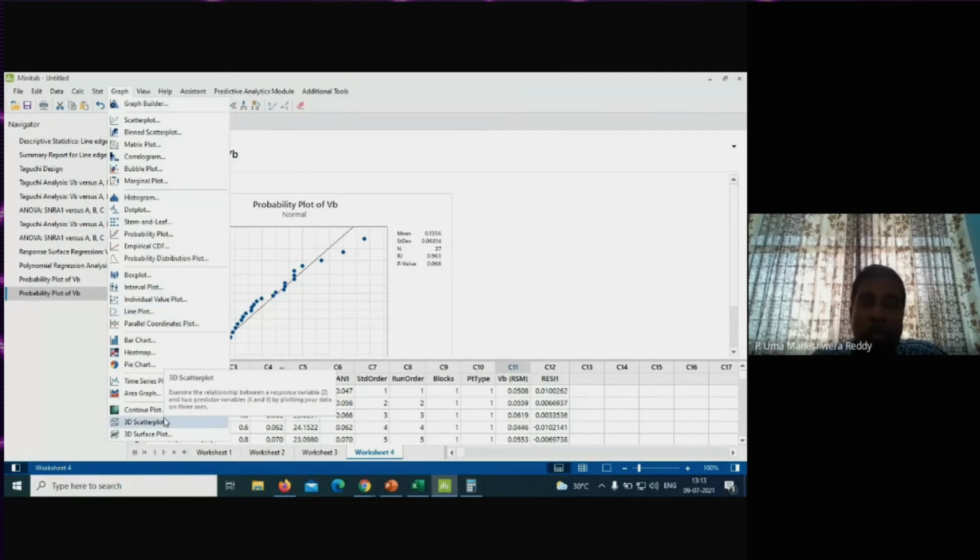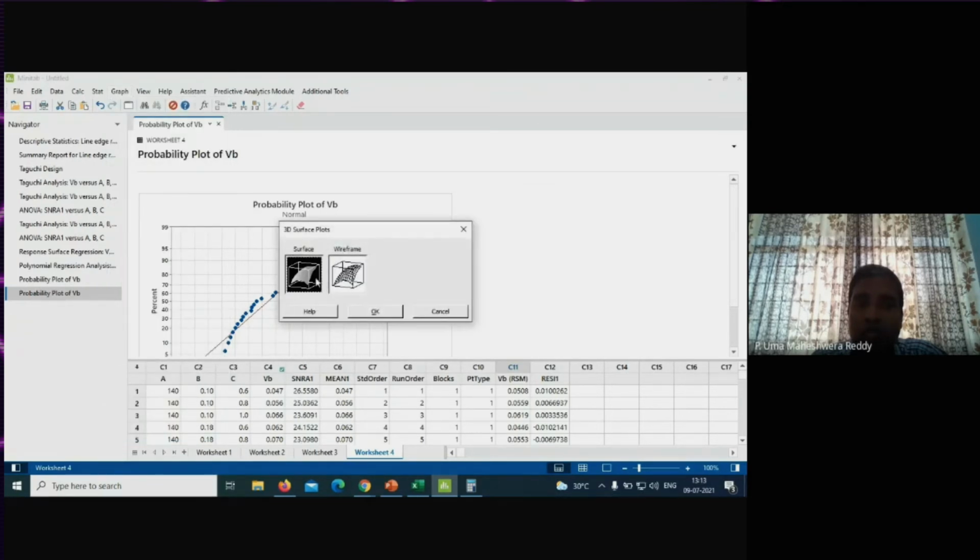So suppose you want to have a 3D surface plot. This is the most commonly used graphical relationship between the input and output data. To present information effectively and scientifically in research papers, we use surface plots and contour plots. Let me show you the surface plot once. So here you have two options, surface and wireframe. Generally we select wireframe. It is the type of graph you want.